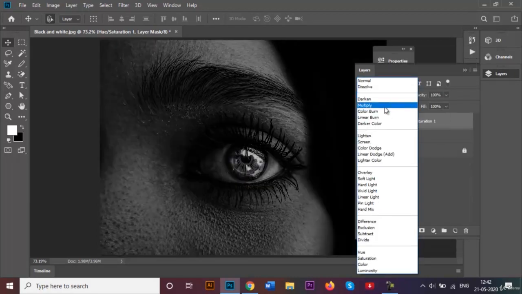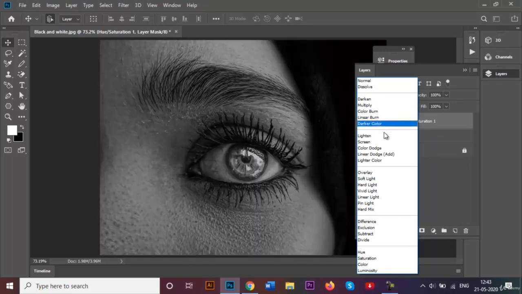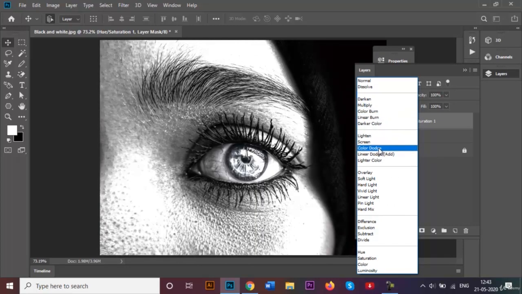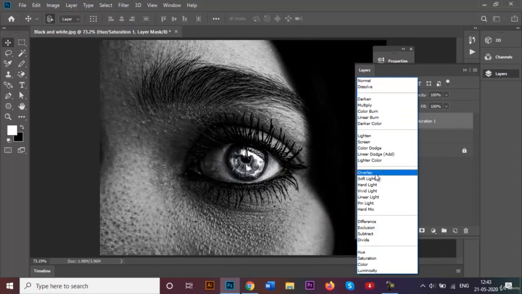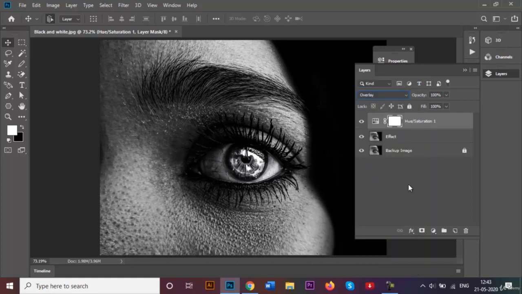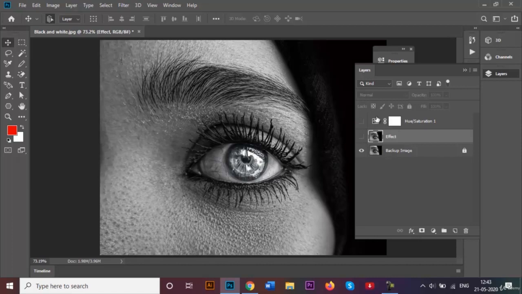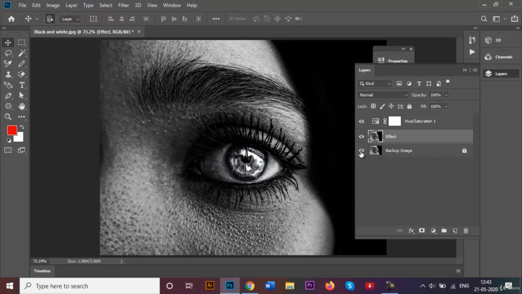I can also play around with the blend modes right here. You can see how the image reacts with each blend mode. I'm liking the overlay one right here. I'll show you another effect that you can add on this effect layer as well. If I hide this layer and also hide the hue and saturation, you can see that this is the original image right here. I'm just going to hide the backup image as of now so that we know that we are currently working on this effect